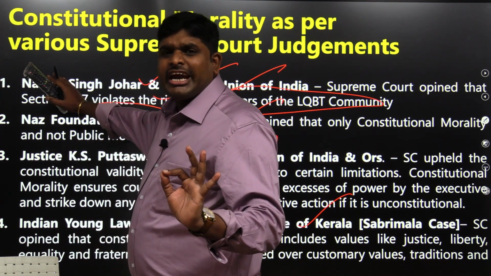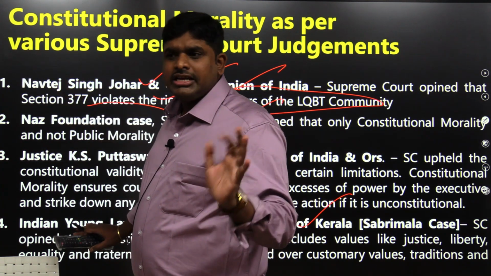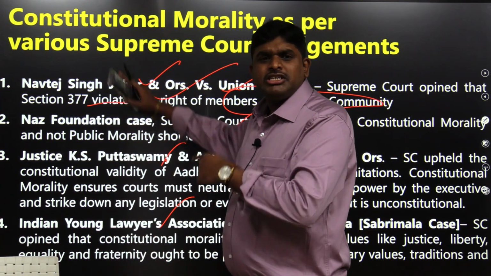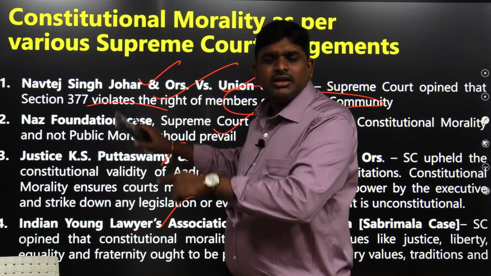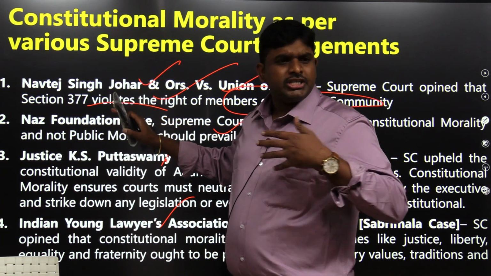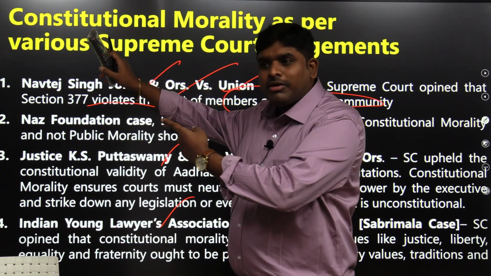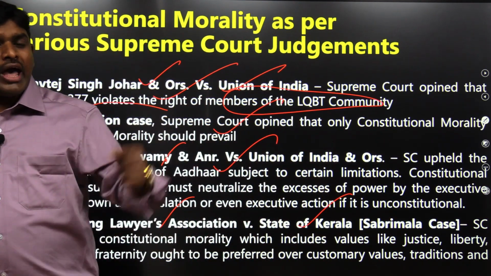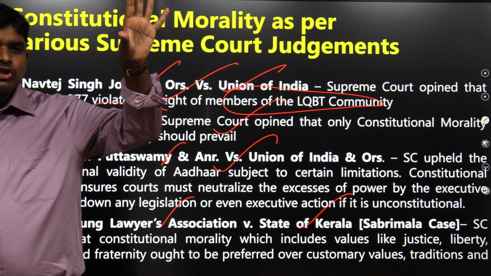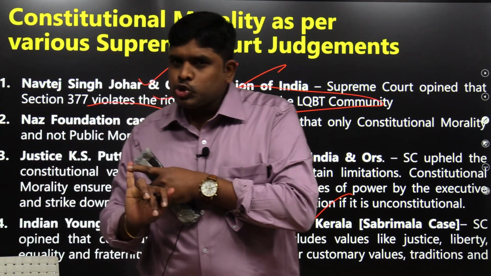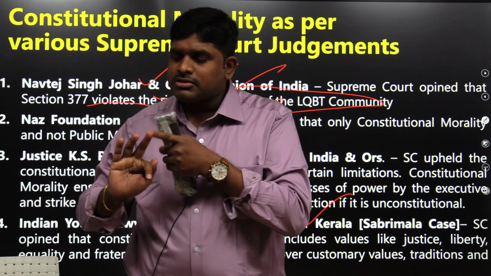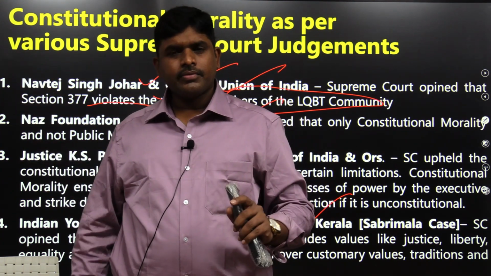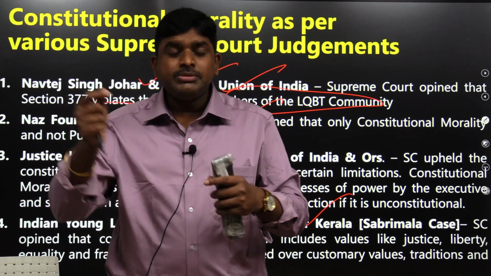Constitutional morality means the rights of individuals need to be protected. Here, the rights of women are protected. Right to privacy is also a constitutional morality. Section 377, my sexual orientation, it is also my right. Who told this? Constitutional morality told. So, through Supreme Court judgments, we have to be in a position to answer the target. What is the target? It can be constitutional morality, it can be separation of powers, it can be checks and balances. It can be anything. It can be rights issues decided by constitutional judgments.